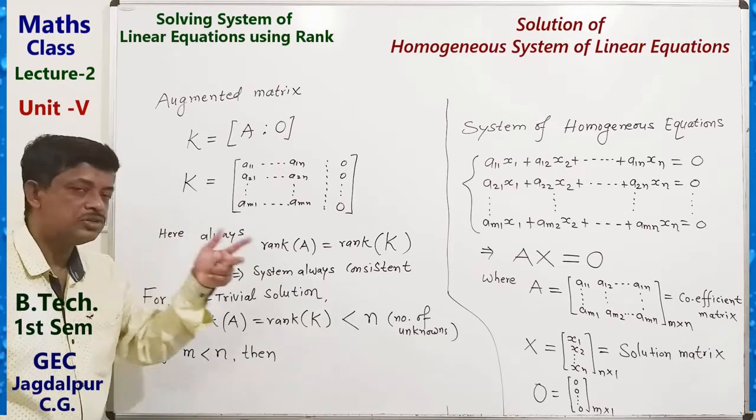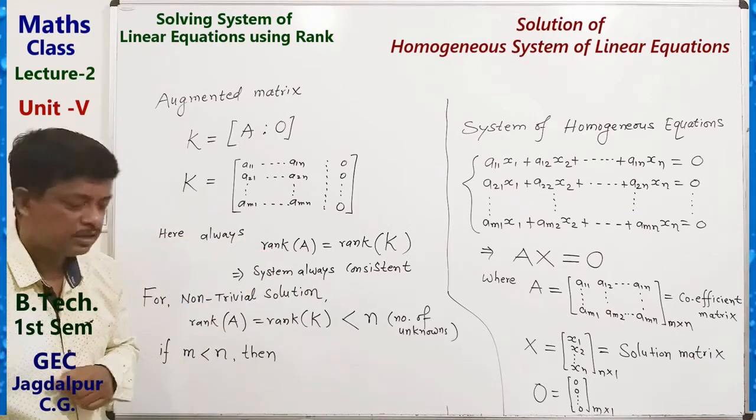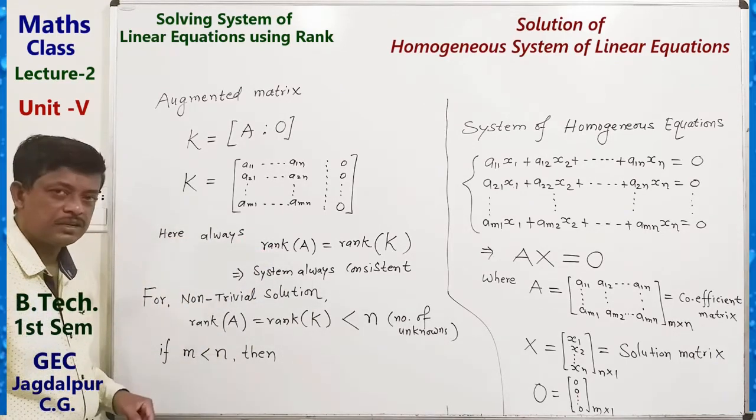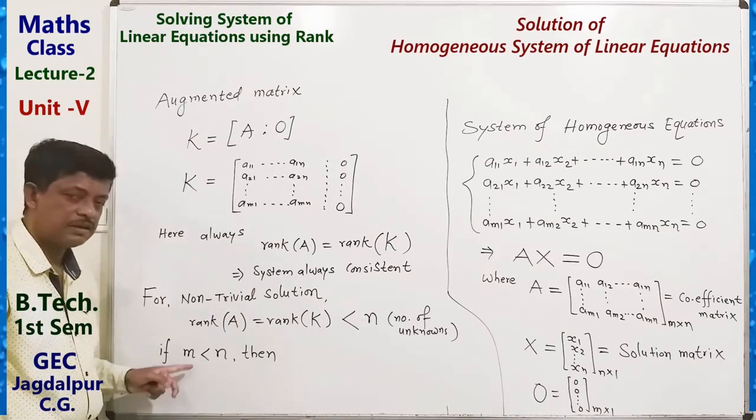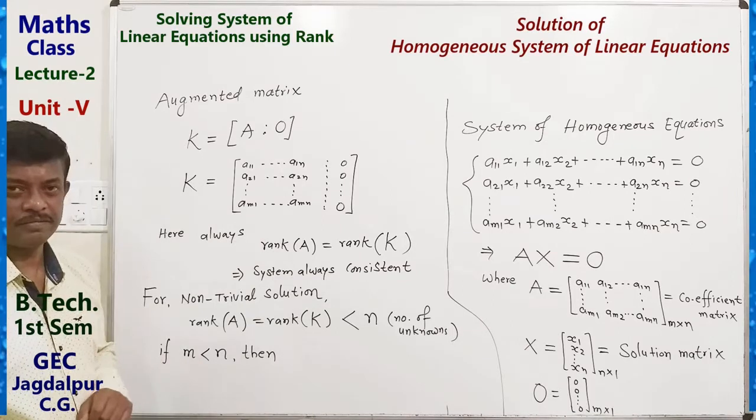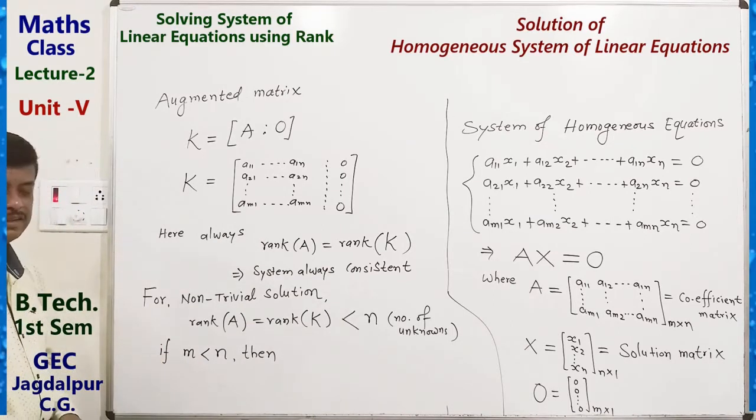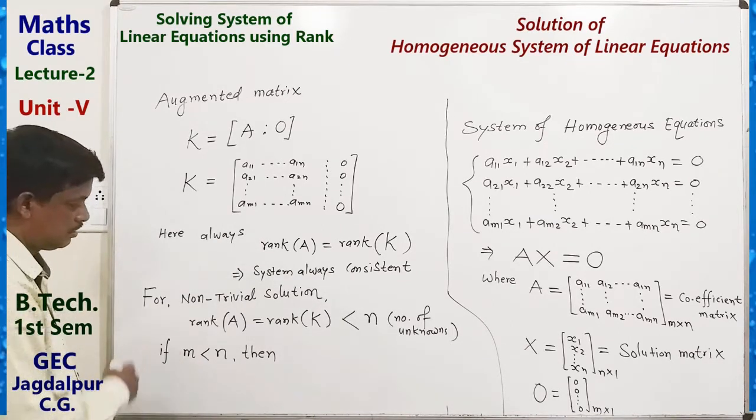The number of non-zero rows equals the rank, so here m is less than n, so the rank will be less than n. If m is less than n, then